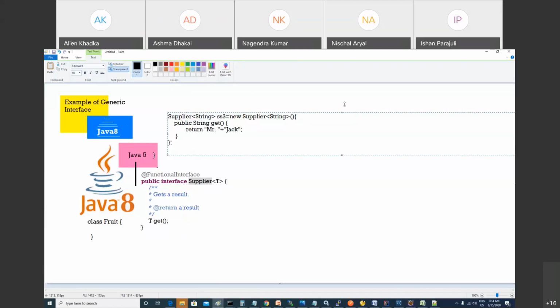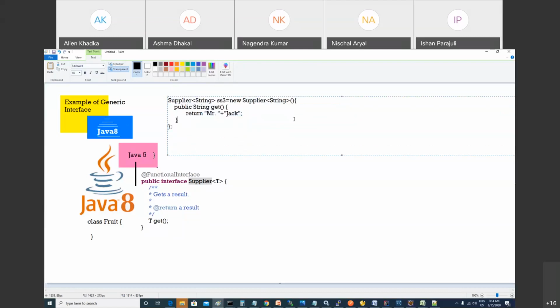Can we convert it to lambda? Yes. Why? Because it is an anonymous class based on a functional interface. So how can we convert it? We don't need the method. It is not taking any input but producing one output. Asma, this is okay, right? Somebody is saying, hey, it has only one line, can we write it more compact? Yes. How, Asma? If you want to get rid of the curly braces in one line, delete the curly braces